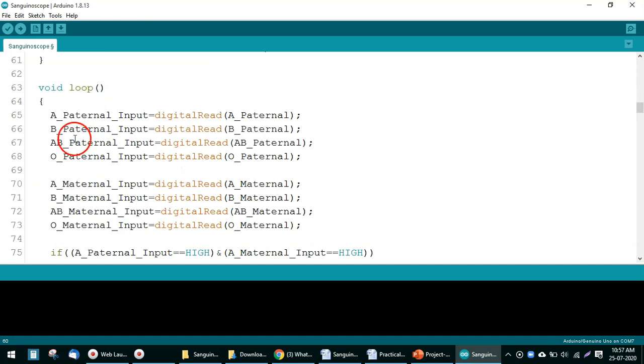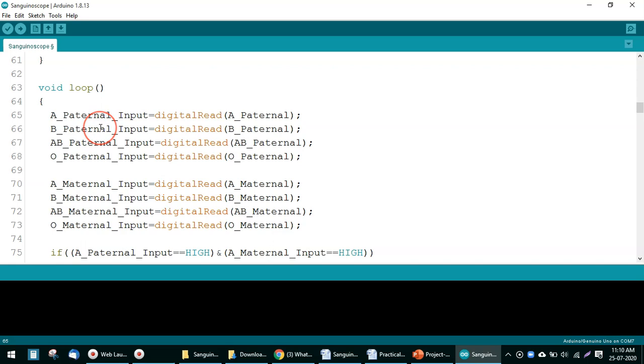Now we come to the while loop. Here we are now checking the status of A paternal, B paternal, AB paternal and O paternal variables. So we are using the digital read function. With the digital read function, the Arduino Uno will read the value available in the A paternal variable, and after reading, it will store that value into the A paternal input variable.